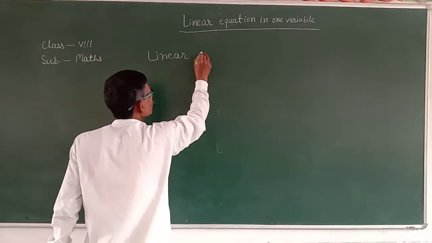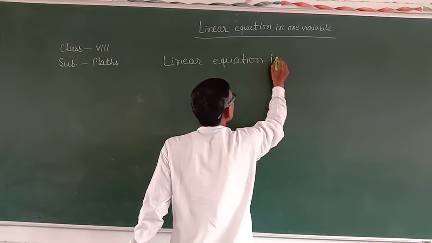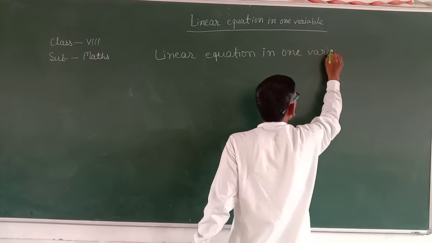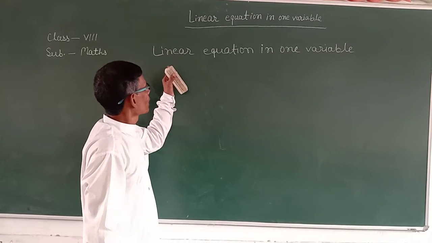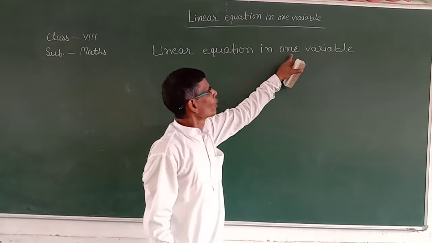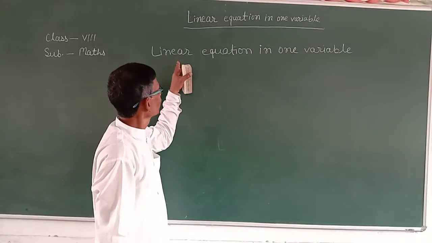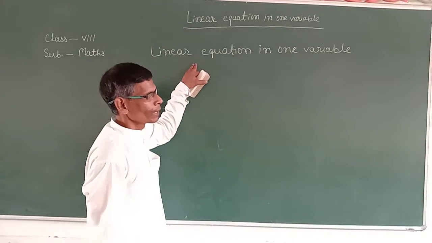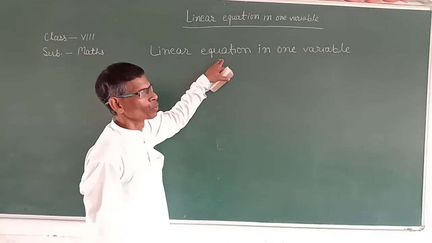Linear equation in one variable. There are two terms. First, linear equation, and second, one variable. Linear equation in one variable. First of all, you know about linear equation. An equation in which maximum exponent of variable is 1